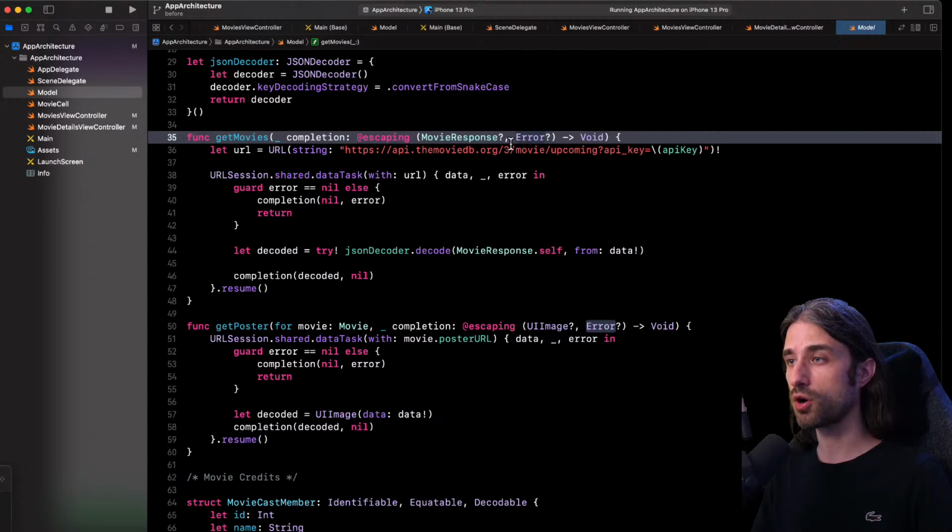Or we could even call the completion handler with both a response and an error, and once again, the compiler wouldn't complain. If we were to do that because of programmer error, then our code would probably behave in a very weird way because it won't be expecting this. Probably the result is that it's always going to present an error, or maybe it will crash because of some kind of force unwrapping. Basically, something bad is probably going to happen, and the reason is that our code allowed us to represent two states, two configurations, that don't make sense in the business logic of our application.